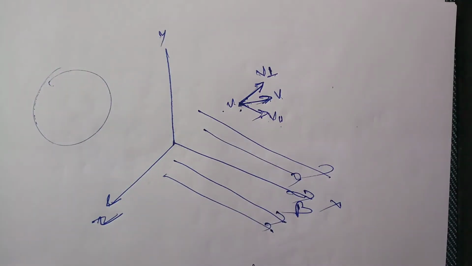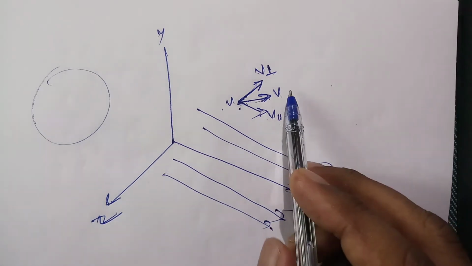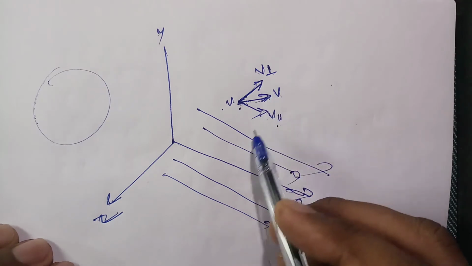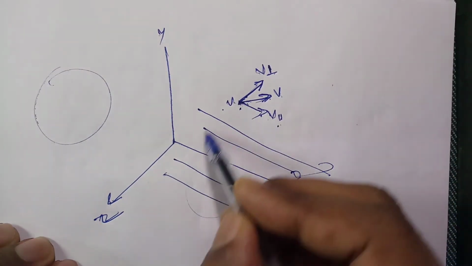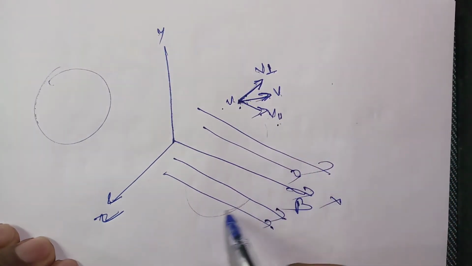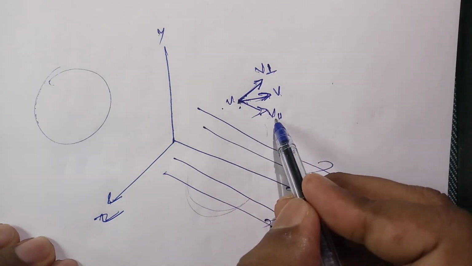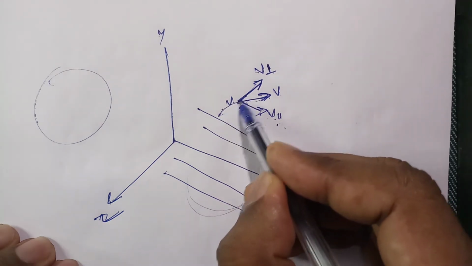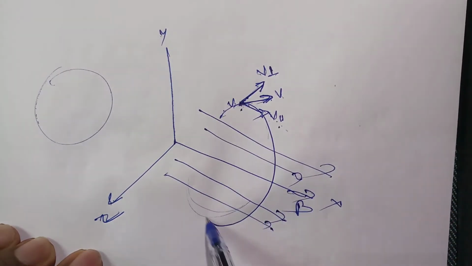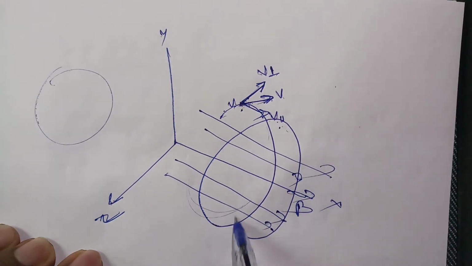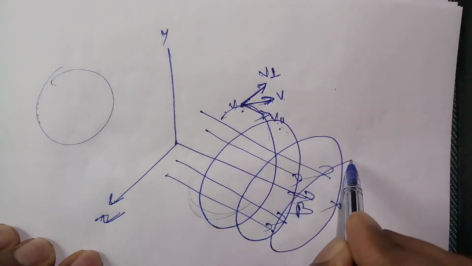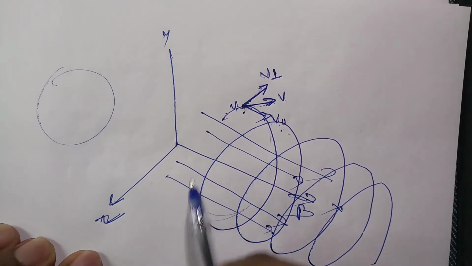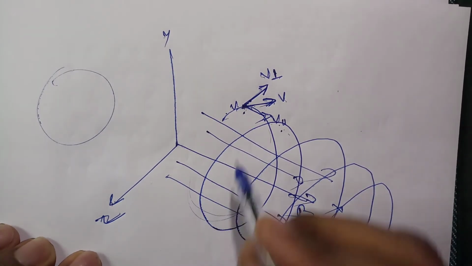So this velocity we are dividing into parallel and perpendicular components. The perpendicular component will take it in a circular path. But when it is completing one circle, by that time the parallel component will push it a little bit to this side. So the particle which was going like this will come to here and again move like this. So it will move in a helical shape, like a spring. I think this is clear.